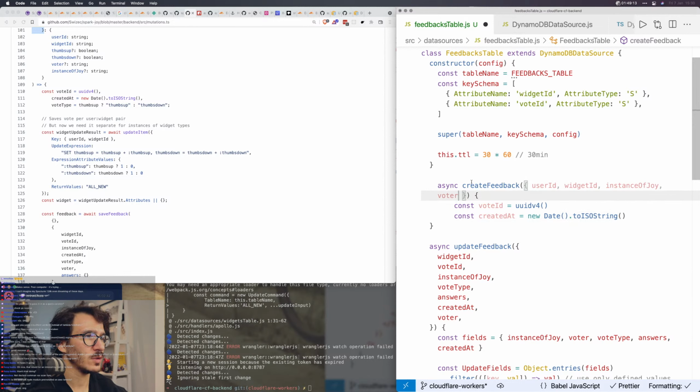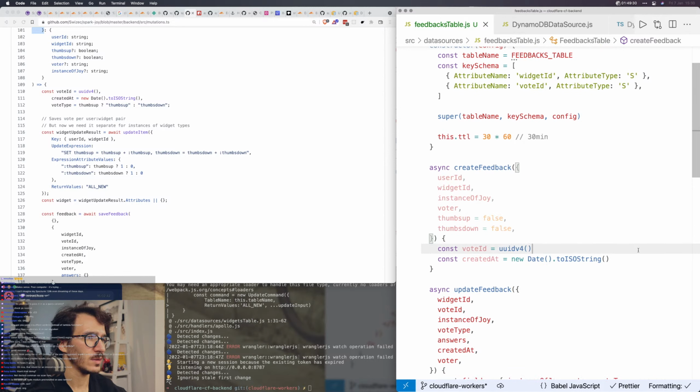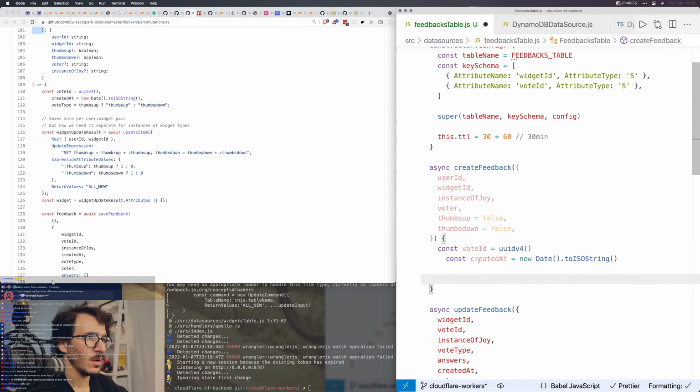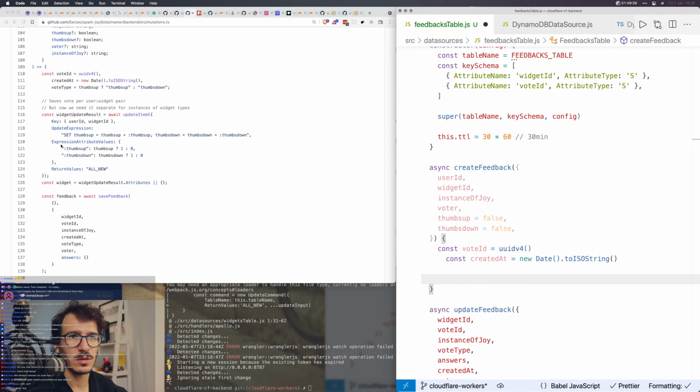And it's also going to need to get the vote type. Actually, no, it's going to get thumbs up equals false and thumbs down equals false. This is a weird API I designed, but it's okay. So thumbs up, thumbs down, created at, and then we